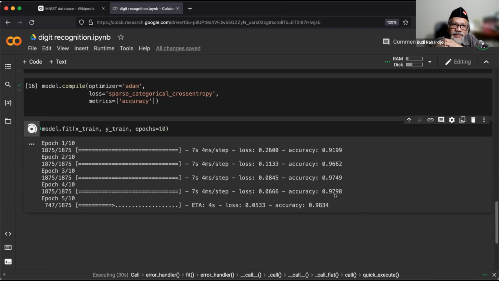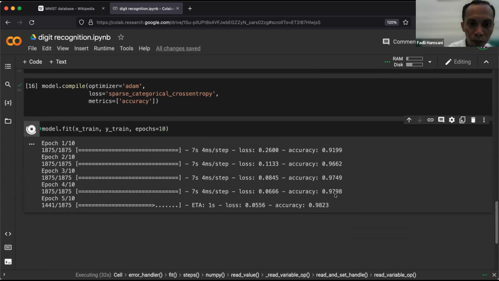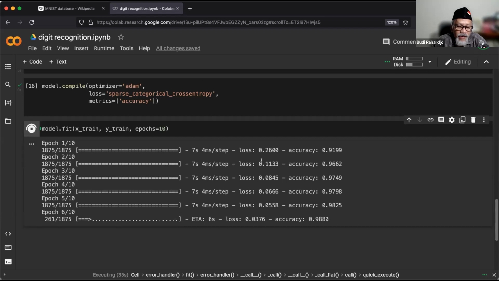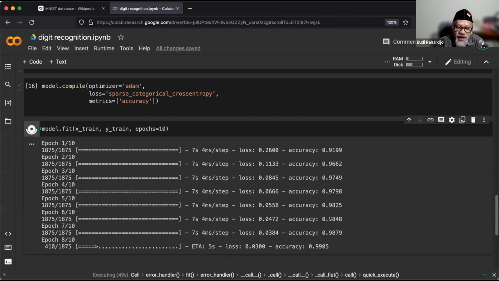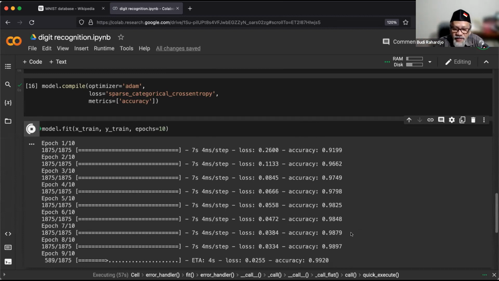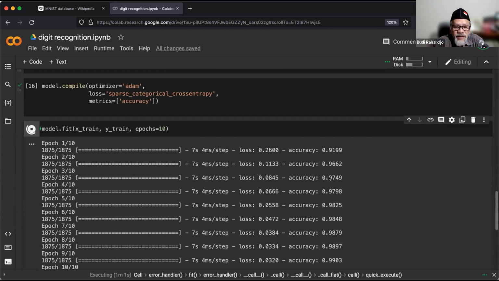Is it running on yours? Yes, Pak. Okay. Now, if you look at the right side, the accuracy is 0.9199, right, and it's increasing. Jadi dia semakin lama semakin bagus ya, increasing from 0. Hopefully at the end it's closer to 1. Sometimes it's going up and then going down, up, down, down, right? Jadi ini harusnya makin lama makin bagus ya. That's the accuracy. The loss function is to tell you how bad it is.